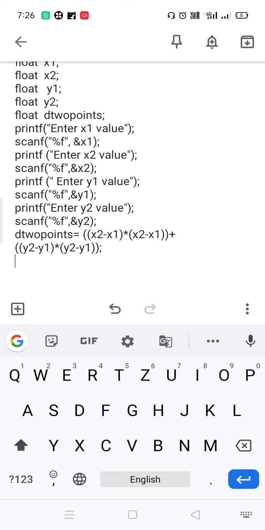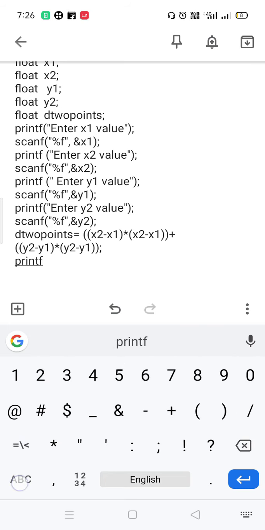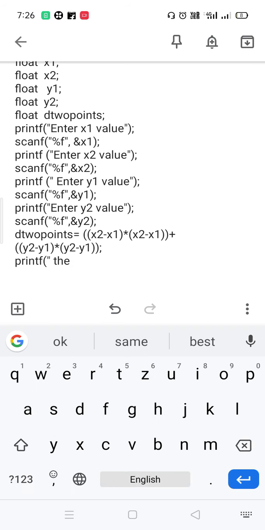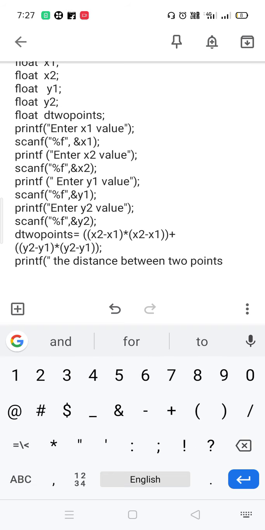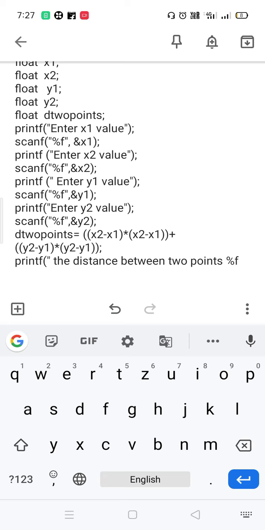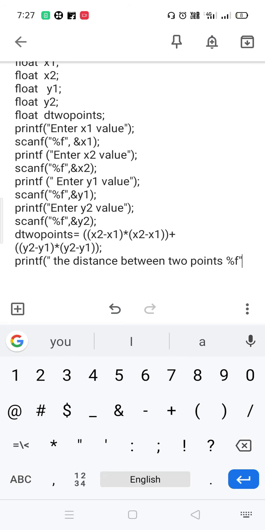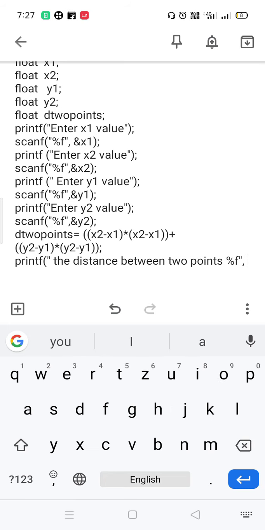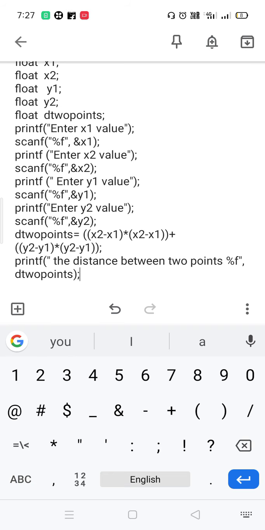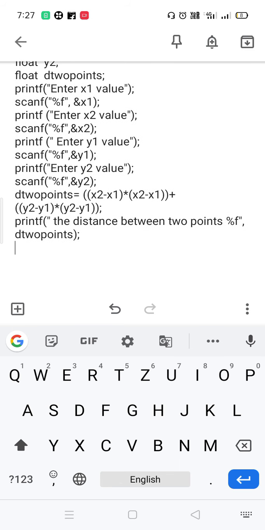So I am writing the printf, the double quotation open, the distance between 2 points, percentage f, closing the brackets, comma, and I am printing the d2 points value, closing the bracket, semicolon.